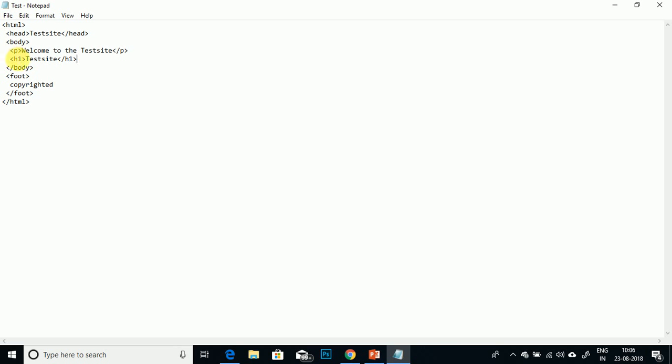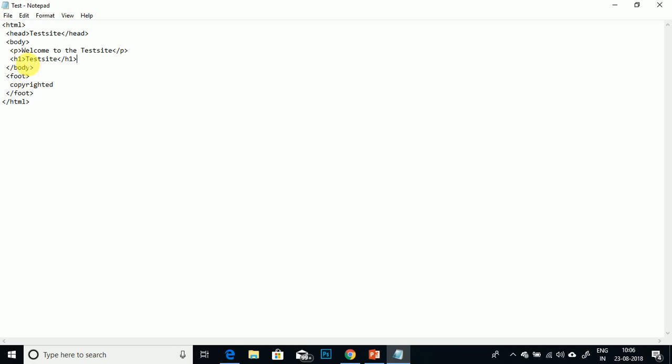Then this paragraph and this heading tag are called siblings. They are siblings under the parent body. So you have learned about the paragraph tag and the heading tag in this episode.